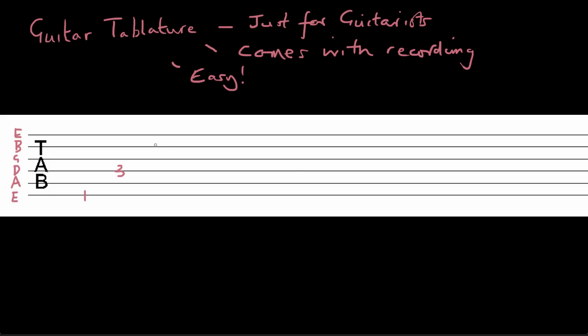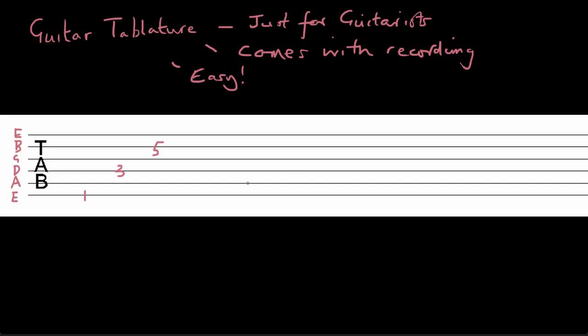And we can just keep writing numbers in here, indicating the frets on the instrument that people are going to play. And actually, it's a very natural approach, because that's very similar to the way we play the guitar. We can think about the shapes rather than thinking that's a B, that's an F, that's a C. We can think of it much more easily by just looking at the shapes that we make with our hand on the guitar. And so we can also play chords as well. That's a very common thing to do.